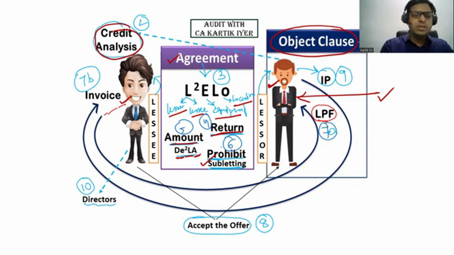Next, the lessee will fill the lease proposal form. The lessor will send an invoice to the lessee or ensure that the invoices are maintained properly after the invoices are entered into. And finally, when the lessee accepts the offer, basically the deal is done. It means the contract is now valid. Now, after that, see, the main asset, still the ownership is with the lessor. So the lessor will ensure that the insurance policies are there in place. And finally, the last point is that the directors of the lessee should be authorized to do this